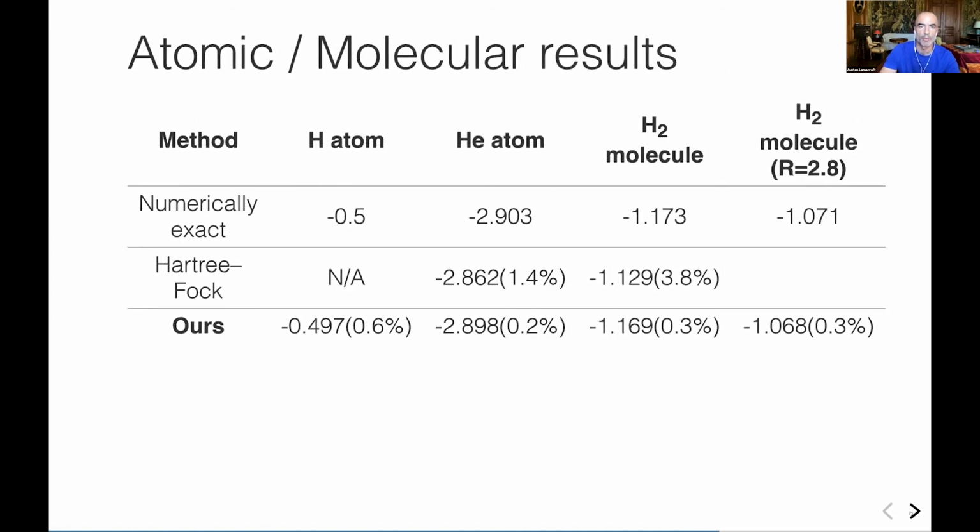Okay, so this is just a summary of the results of our experiments on these atomic systems compared to Hartree Fock. So these are by no means state of the art at all, but they just show that we're in the right domain. We're beating Hartree Fock by a factor of 10. You know, there's plenty of room for improvement to get to the state of the art for neural approaches or indeed other approaches. But this shows where basically everything is working well.